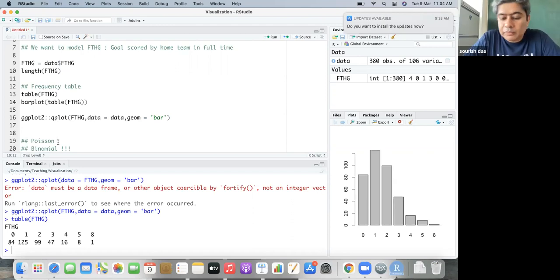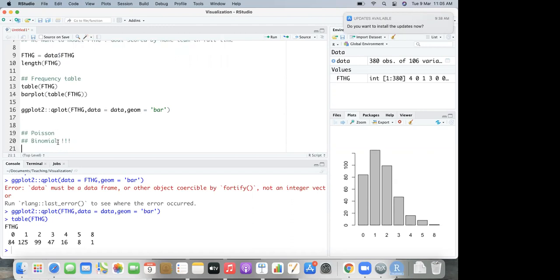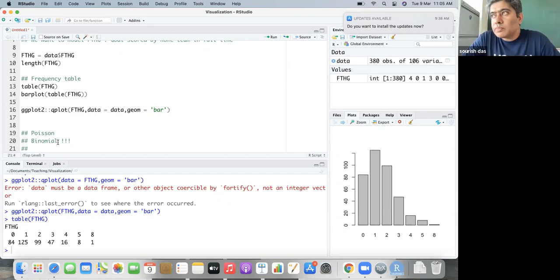Any other model? Sir, if by assumption we assume that the probability of scoring a goal or not scoring a goal is the same, in that case, can we use binomial? You can choose binomial. I have no problem. You can choose binomial,